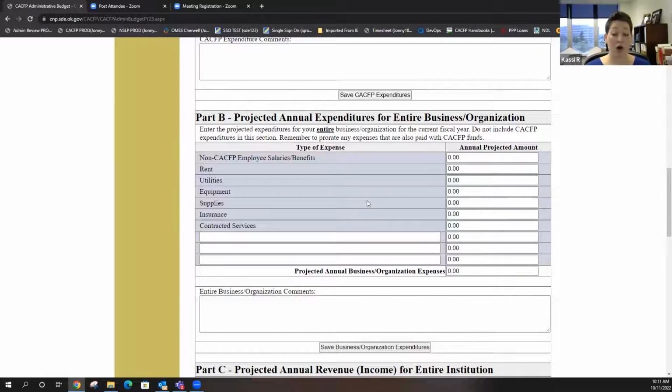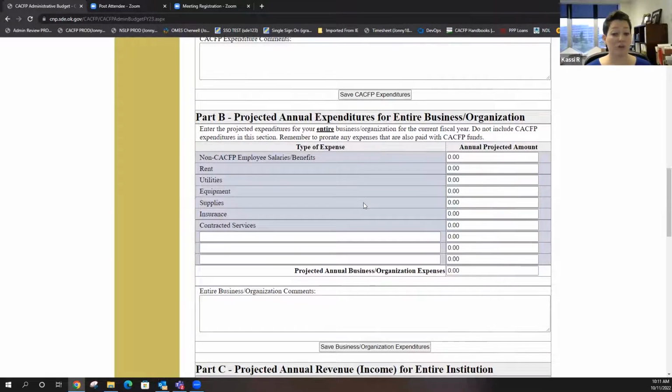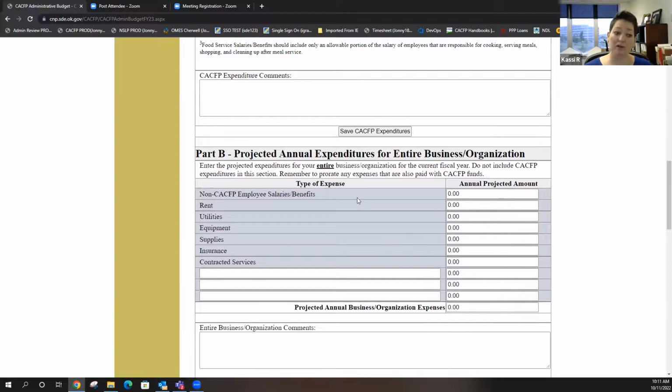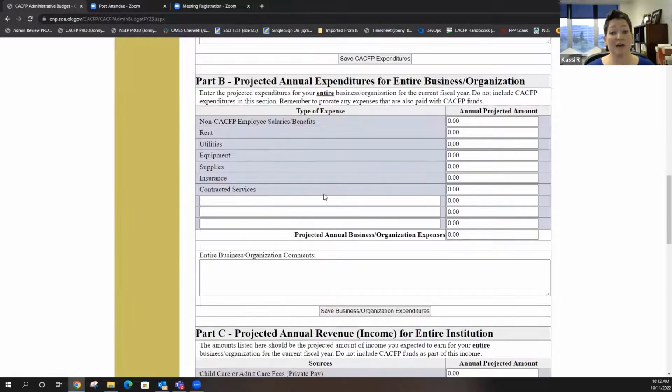And if we don't know all your other expenditures and all your other income, there's no way for us to figure that out. So if you've come on the program in the last couple of years, you have painstakingly gone through this process, and you have to submit 12 months worth of financials. And we look at that to make sure that you have ample income coming in. So in prior years, prior to last year, you guys just put in your CACFP expenditures and then you put in your income. And sure, you looked like you were in the positive because you didn't report all your other expenditures. So that's what part B is.